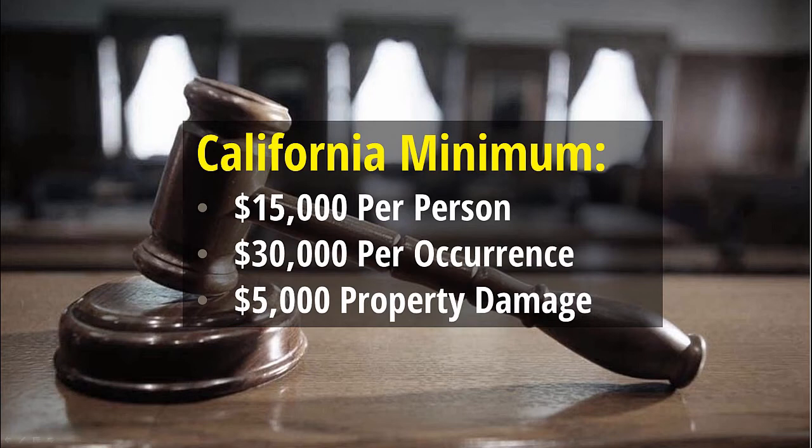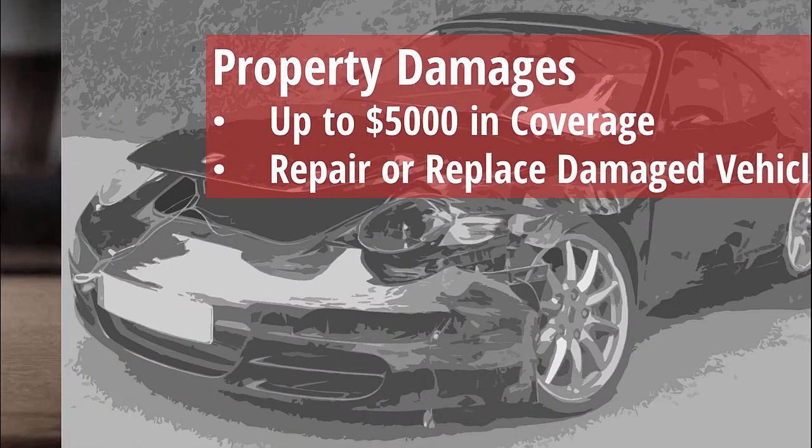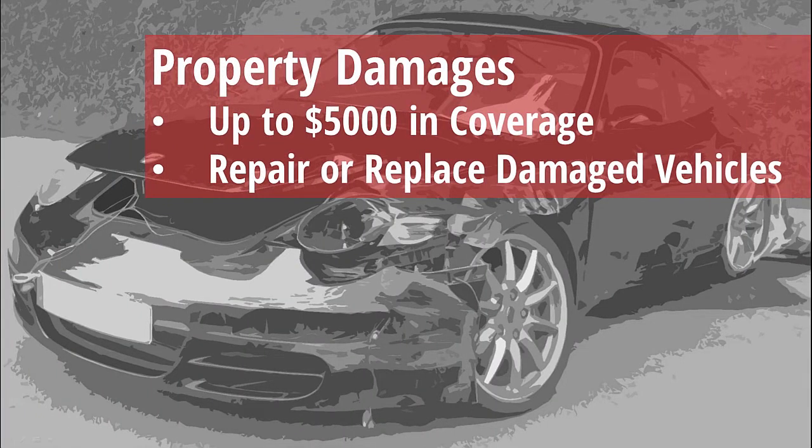So what this means is that if you're in an accident where you are found to be at fault, your insurance company may pay up to $15,000 for any one person's injuries in the accident, and the maximum that they will pay is $30,000 for that accident, or what is also commonly referred to as per occurrence. So to clarify, with these minimum coverage levels, no one person will receive more than $15,000 for bodily injury, and the insurance companies will only pay out a maximum of $30,000, regardless of how many people are involved in the accident. The second component of this liability coverage is the $5,000 for property damage.